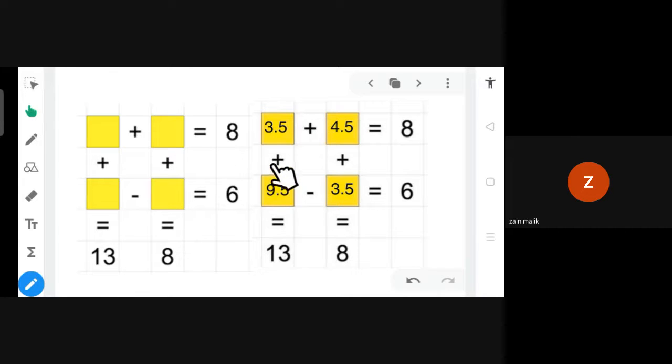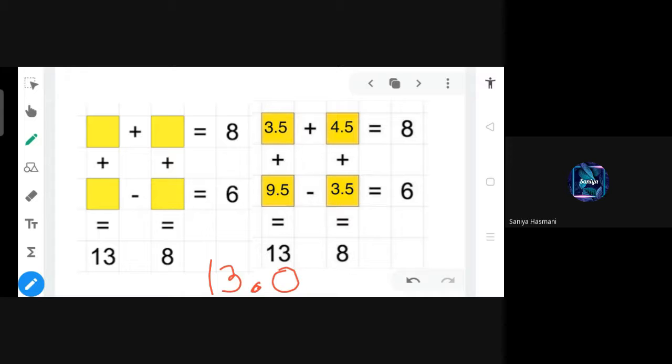So first we will do it vertically, then horizontally. First we are doing vertically. So 3.5 plus 9.5, what will you get? 3 plus 9 we have to do, 5 plus 5 we have to do. So 1 carry and 0. Okay, so this way you can do addition. 5 plus 5 is 10, 0 down, and 1 carry. Then 1 plus 3 plus 9, so you will get 13, meaning 13.0 or 13, both are the same.